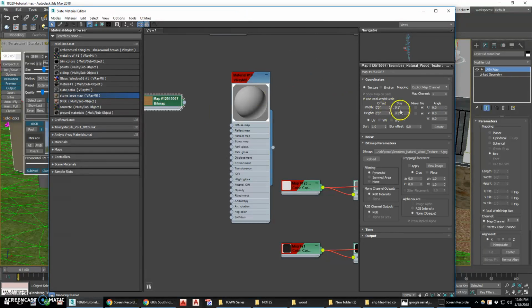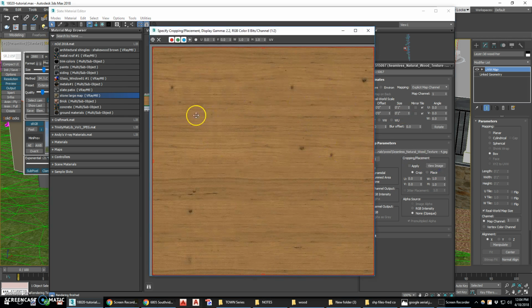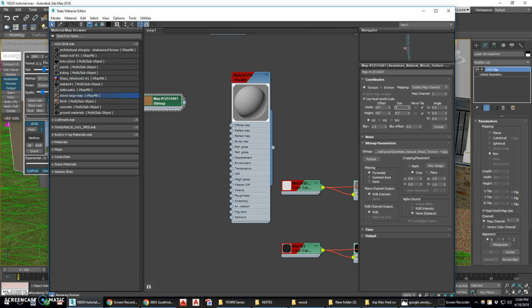If I double click it, it defaults to a real world size of 1 inch by 1 inch. I happen to know, looking at this image, that in reality that's maybe a foot or two. I'm actually going to make it bigger. So I'm going to make it 4 feet by 4 feet. And then when I drag it into my material,